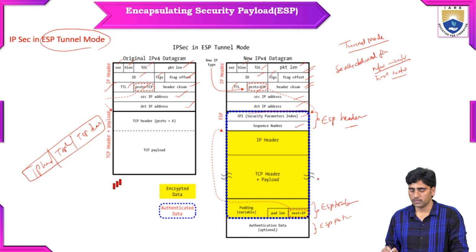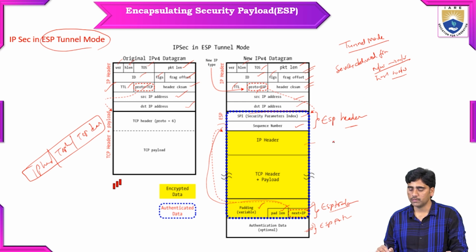And similarly the IP header comes again here, and what does the ESP trailer contain? Padding, pad length, and the next header, that is the IP header. So this indicates from here to the next header, the ESP header. And this ESP header is merged with the IPv4 datagram, and here the ESP authentication data is also there. So in the IPv4